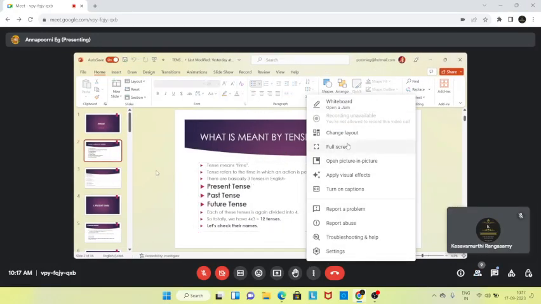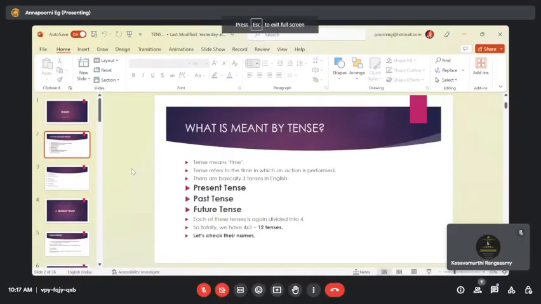It can be any action. There are plenty of actions that we do every day. We happen to perform so many things in our day to day lives, and they are all referred to as actions. So tense refers to the time in which an action is done, because each action is done